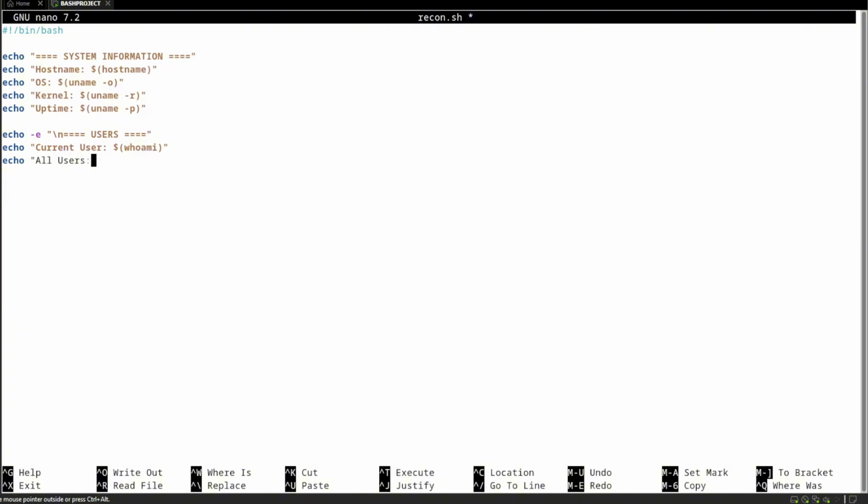And then we are going to be getting all the other users that are on the system. So all users, and then we will use the cut command, and we're going to set the delimiter to a colon, because the file that we'll be cutting contains all the usernames, but they're separated by a colon. So we're going to get the first field, and we're going to target /etc/passwd, because this file contains all the user accounts, but the fields are, again, separated by colons. So we set the delimiter to a colon and select the first field so that it prints all the